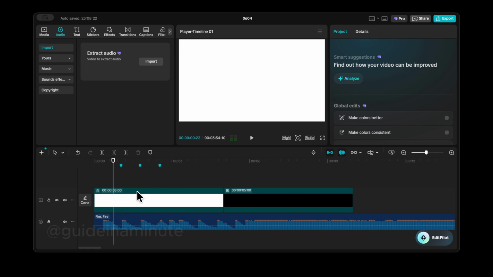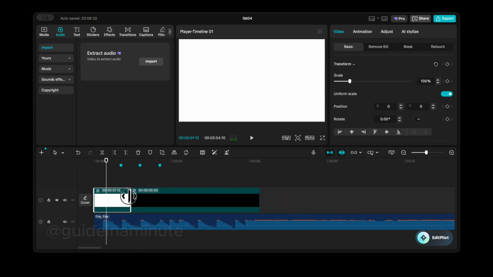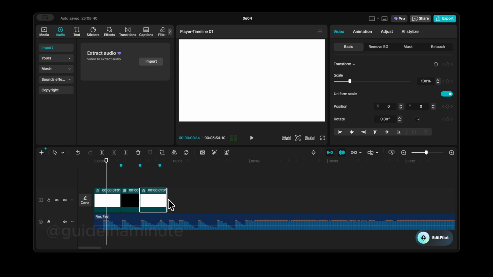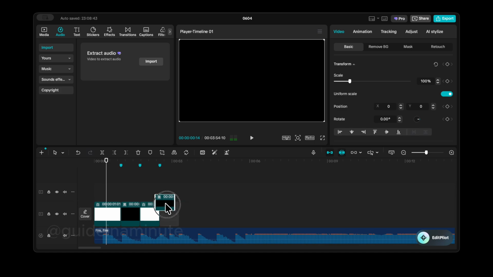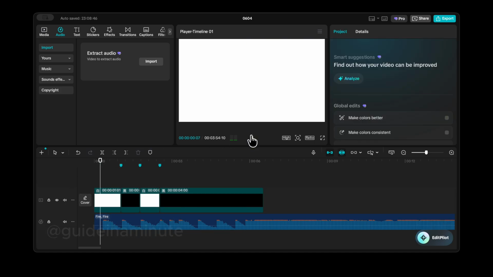and then what we're gonna have to do is simply drag our videos or our photos, and as you can see, it will snap to the marker. So that means that we can change here the photos. So I'm going to copy and paste until we hit the marker, and then we just have to do that for the entire song. Now if I play this, as you can see,